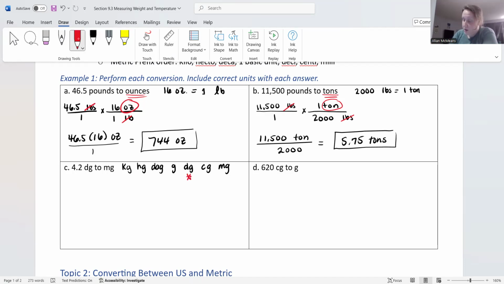So to do that, we need to move to the left 2 times. So basically what I'm doing is I would take 4.2 and I would multiply it by 10 twice, okay? But that's really just the same thing as moving my decimal twice to the right. So if I have 4.2, I want to move my decimal 2 times. For each time you move after the end of the number, just fill in a 0. So we would say this is 420,